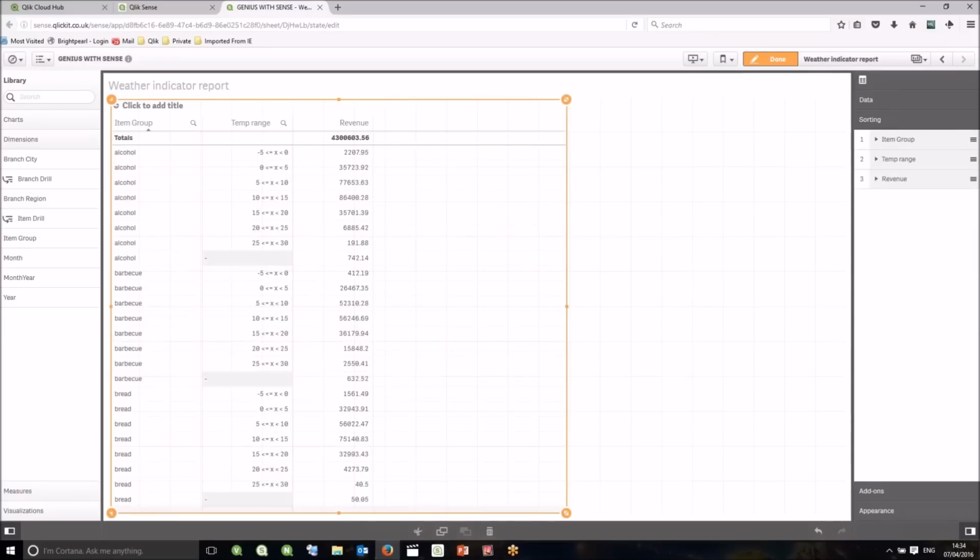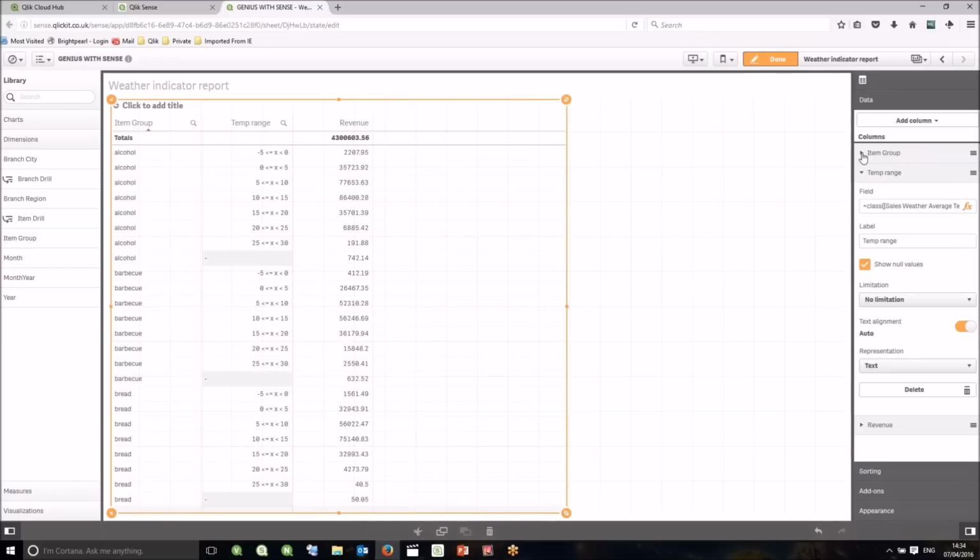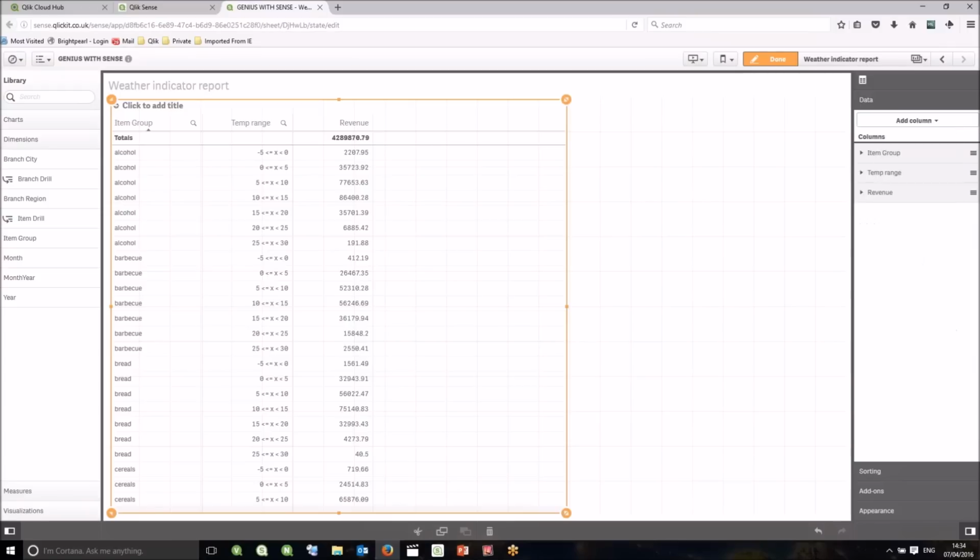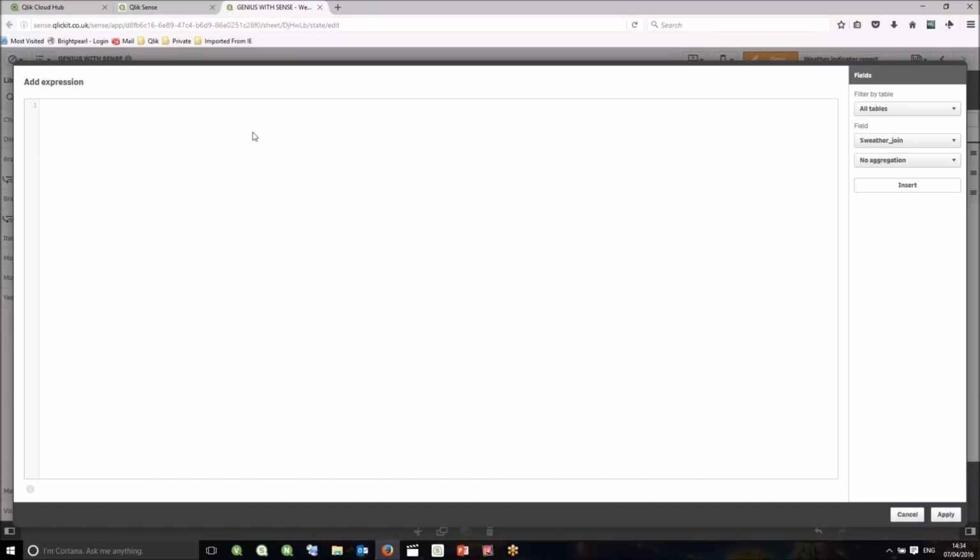So our planner here has now put together a report that shows how much revenue has been sold on days where the temperature range was within the range defined there by that temp range definition. So additionally, we might want to be able to see what proportion of the overall that is as well. So again, apologies, I probably should have set this up as a master dimension, but